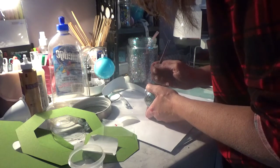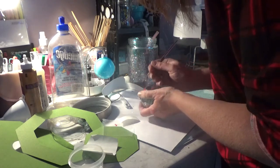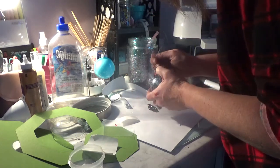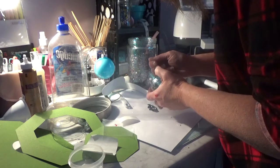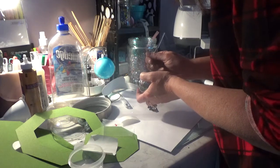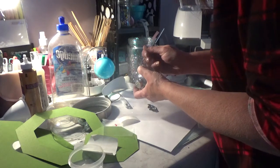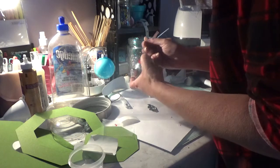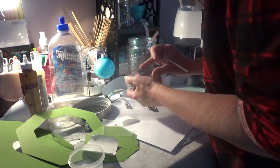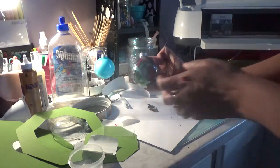Hook that piece from the back, push it down. Get that pulled out. Make sure my letters are all down by running your finger around them. Loosen them up if there's a little bump so you can continue to run until you don't have that bump anymore. That's a big thing on circles. And there we go. A little bit of a bump on my G. Rub it down. And crooked or not,